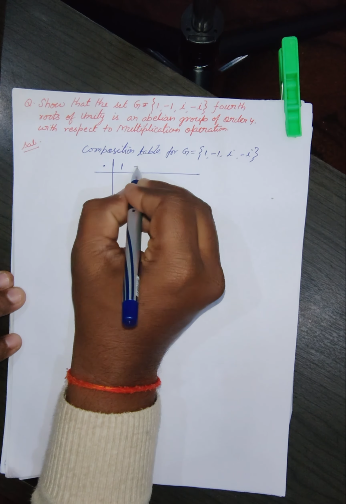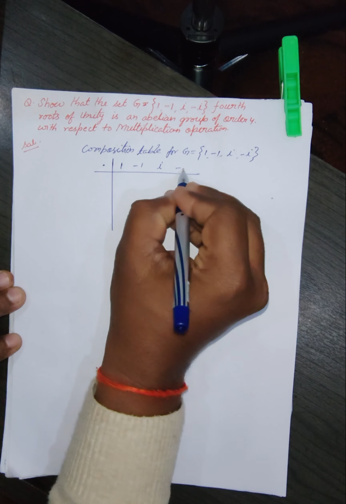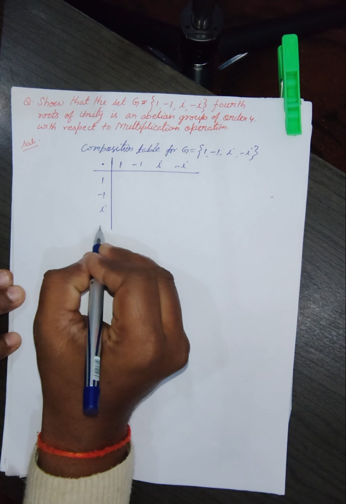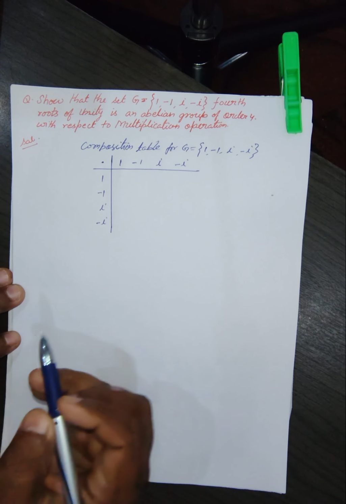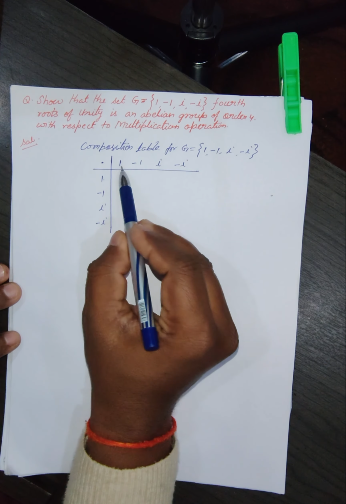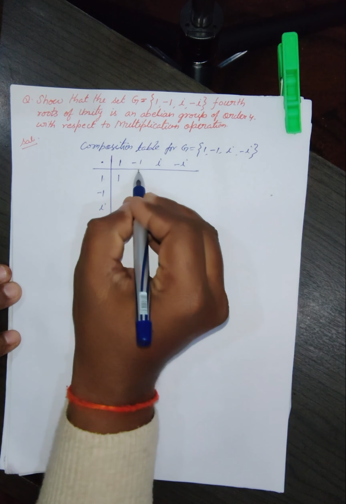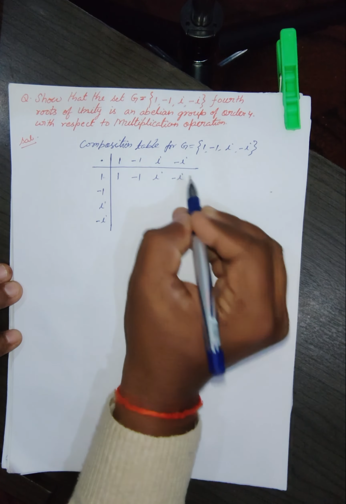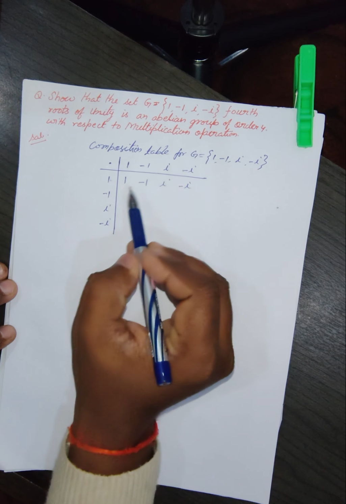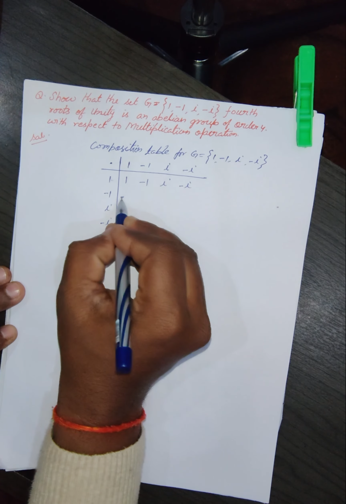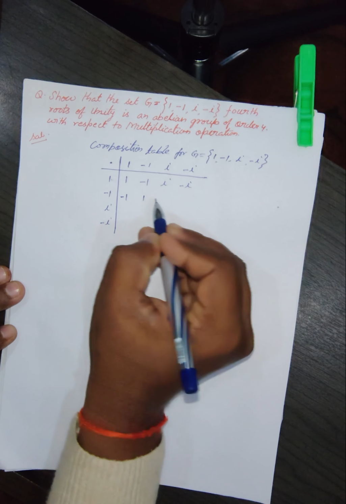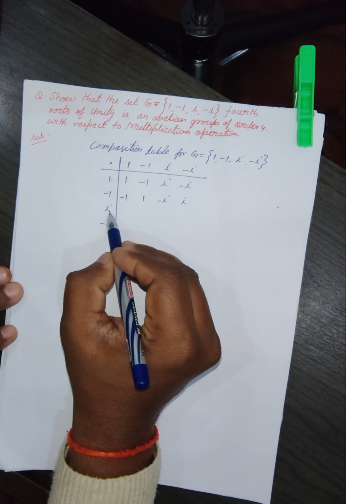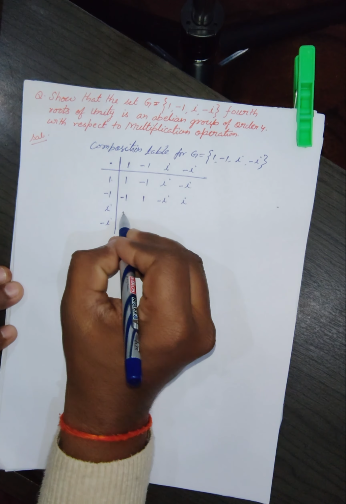Multiply this by 1, we get 1, minus 1, i, minus i. When we multiply this by minus 1, then we get minus 1, 1, minus i and i. When multiplied by i, then i,